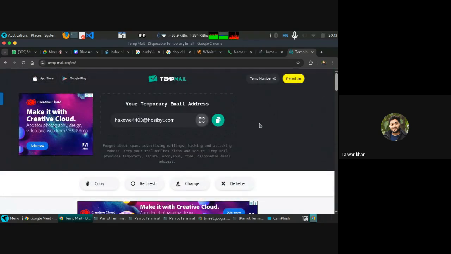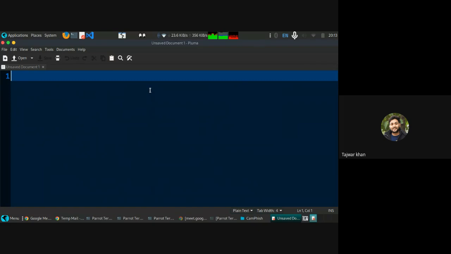Okay, so I was talking about the temporary mail. You can use this temporary mail, and with its help you will not be sharing your personal email everywhere. One more thing, as I told you in the last session, Proton Mail is also good. Let's suppose there is one website where I want to register myself.